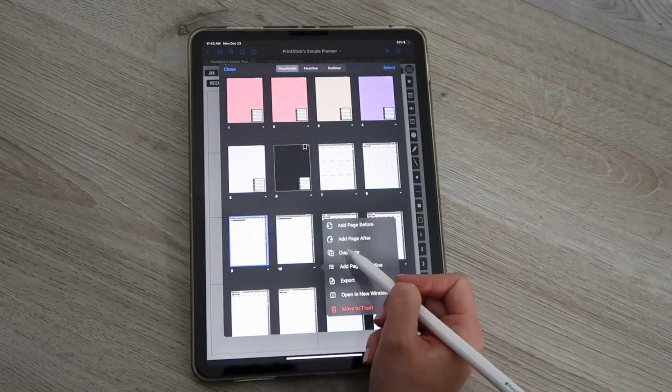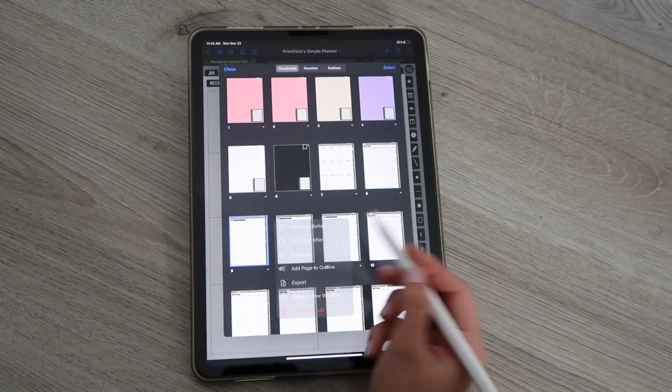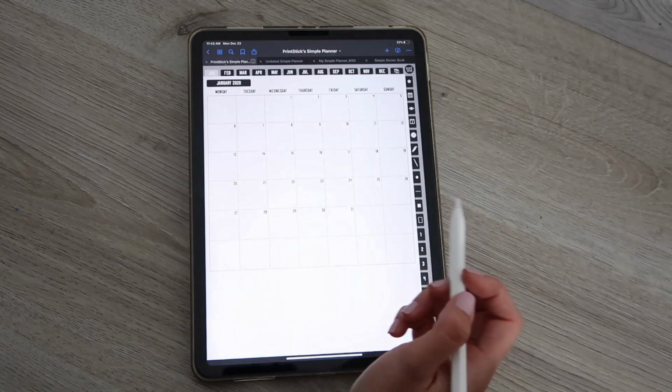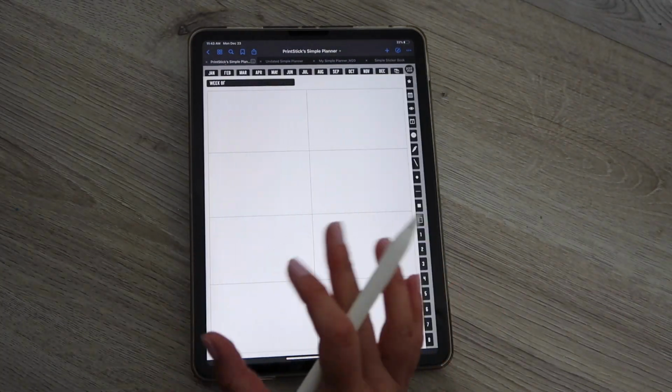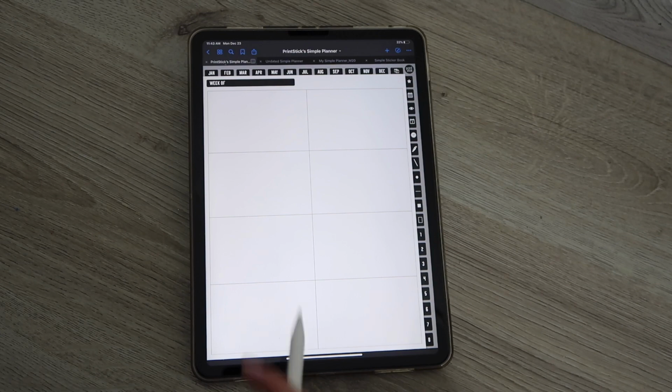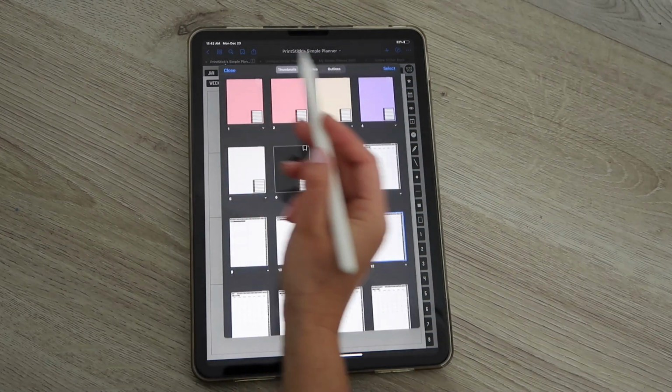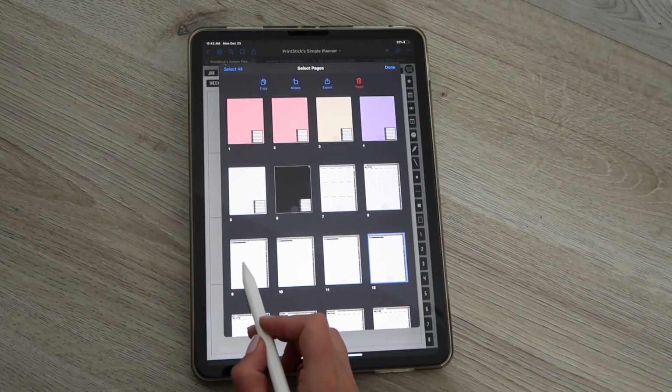So I have 2 pages, 3 and 4 pages, 1 per week of the month, right? So if I swipe, I have my first week, second, third and fourth, and this is how you can use the weekly spreads. Really quickly, I'm going to show you another option, which is you click on select, you copy